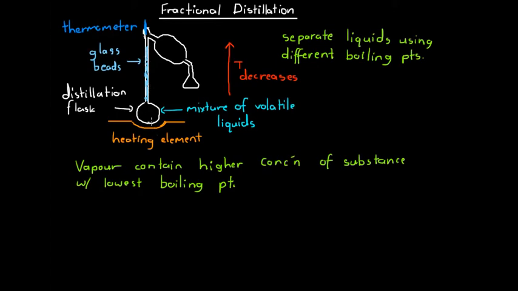And so what we can do is, if we already know the boiling point of the substance that we want to obtain, say we might want to obtain a specific alkane, and we may already know its boiling point, and therefore what we do is we collect the stuff that condenses at the top of the column at temperatures very close to this boiling point. This is the key ending to this process: if we're looking for one individual substance in that mixture, then we collect the condensation at the top of the column